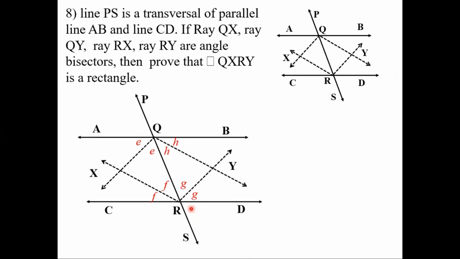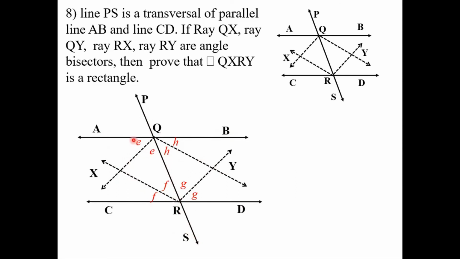Now our target is to show every angle to be 90 degrees. Means you have to show that angle QXR is 90 degrees. We have to show that QYR is 90 degrees, because these are nothing but angles of a rectangle. XQY, this angle is also to be shown 90 degrees, and XRY, this angle too we have to show 90 degrees. Now when you prove that, first understand some logic. Here we are using the logic that line AB is parallel to line CD and PS acts as a transversal.